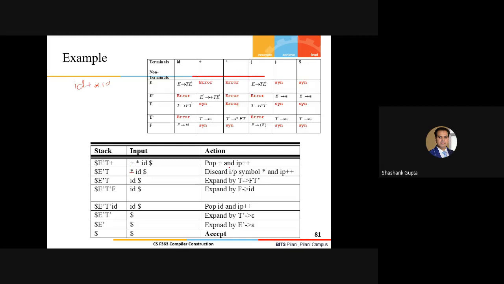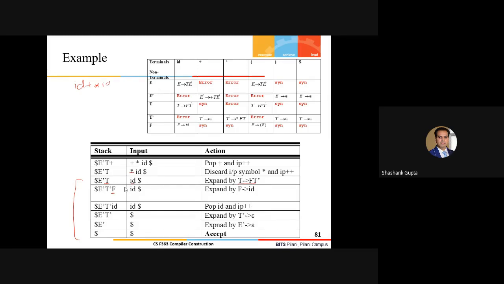So what should I do? I'll discard the input symbol star, till I hit any entry which is coming either in follow of A or in first of A. So I have discarded the input symbol star, fine. Next time my configuration is T and ID, and T on ID you can see here is coming in the first of this. So I'll just do the same thing here. That means I have found the next thing which is coming under the first of T and so on, and next it is coming under the F of this. So this is how one has to recover from the error here.